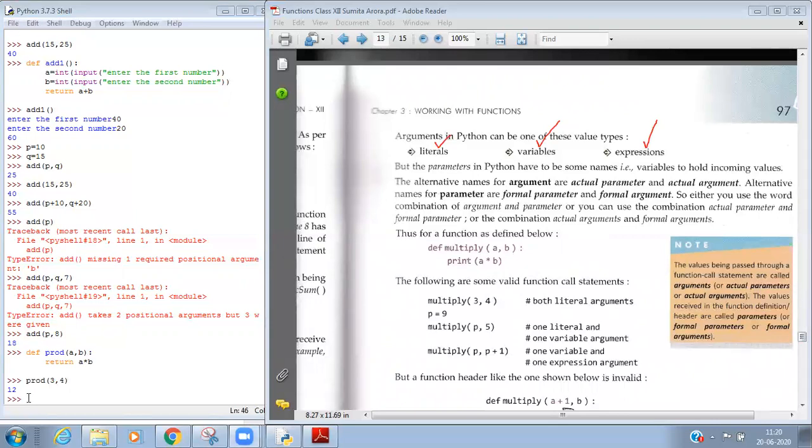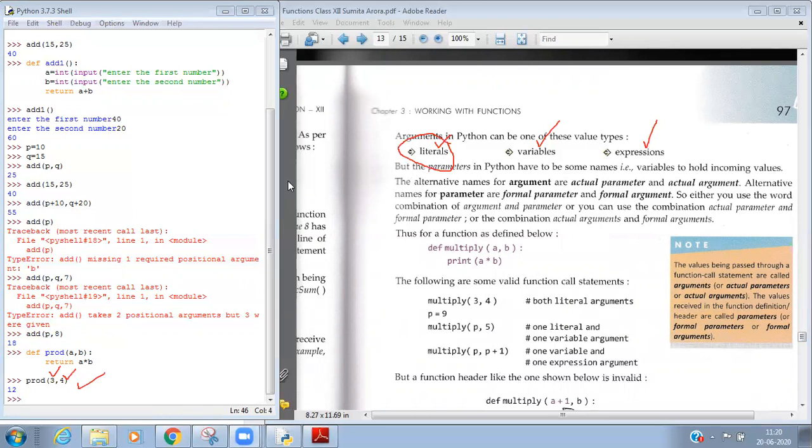Literal means any constant value. In the example that we did earlier, I passed 3 and 4. 3 and 4 are constant values. 3 will always remain 3 and 4 will always remain 4. So here we have done literals passing to the function. This example is perfect for the first type.